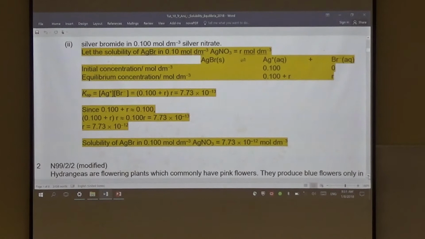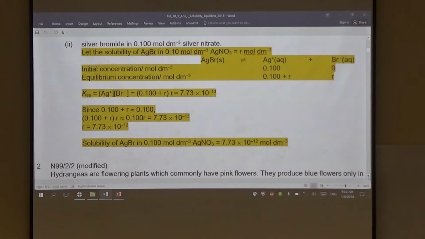Here, when you write the expression, you see that for silver ion, the equilibrium concentration is 0.1 plus R. However, you can make the assumption that R will be small because this is a sparingly soluble salt. That means the salt is not very soluble. So, you can simplify the expression, and then you get R is 7.73 times 10 to the power of minus 12, which indicates that your